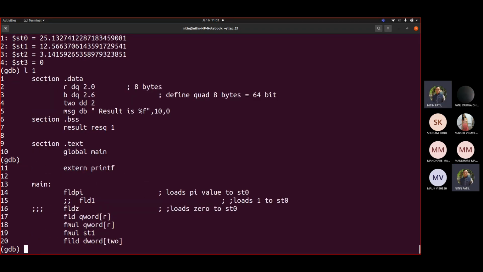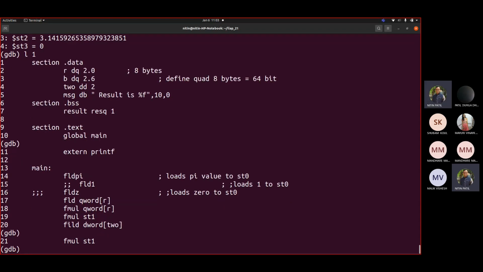See this code one more time. FLD pi, then FLD keyword r, then we multiplied it again with fmul keyword r, so it is multiplied again.